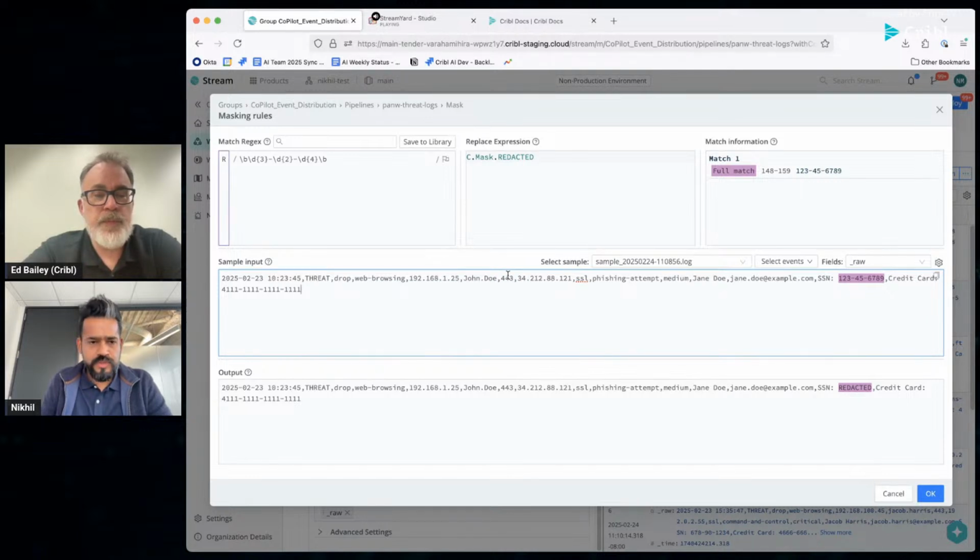This is what I was trying to pop open earlier. Yeah, and this is key, especially if you're a stream owner, you want to start offloading tasks to your junior engineers as soon as possible. This is a great way to step someone who's not necessarily an expert in regex through it and validate it, because does this look right? Is this working? You can clearly see, especially in the output, that it's working exactly as designed.